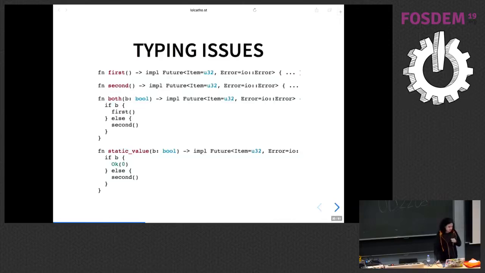So if you have two functions that return impl Future of u32, a number, when you see the code, you think, okay, they return the same type. But no, they can be completely different types because one of them has a map somewhere and the other does not. So when you want to call one of the functions in one case and the other in another case, it will not compile because both functions have different return types.